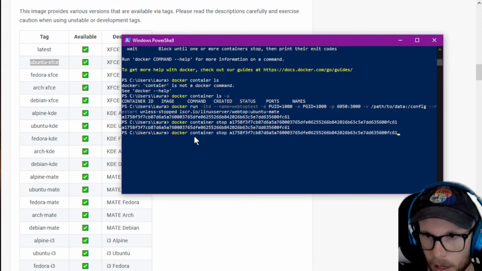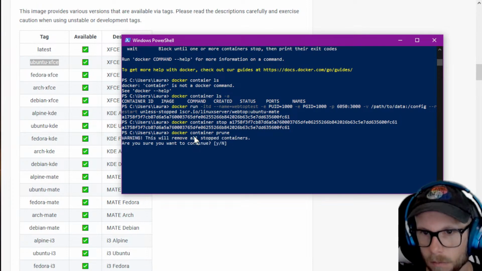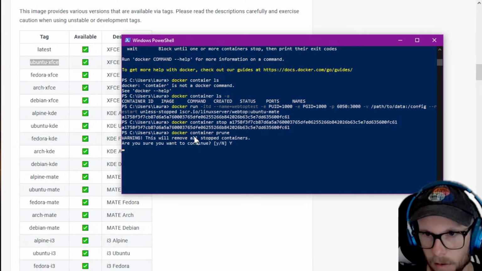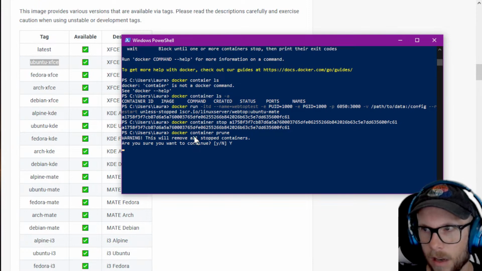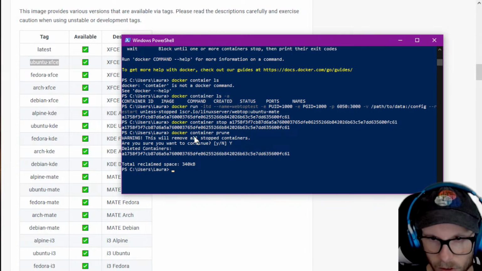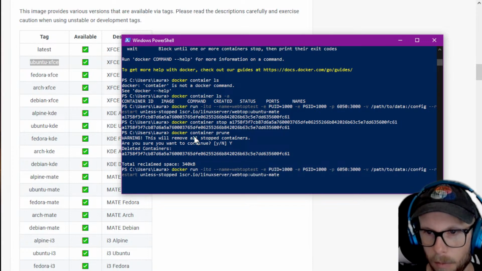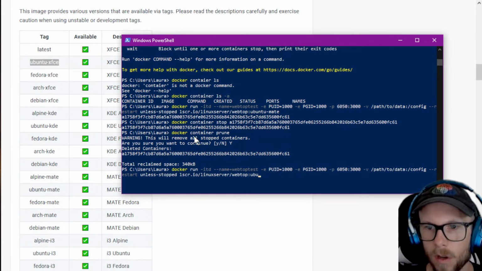So let's go ahead and do a docker container prune command real quick. And yes, let's get rid of any containers that we're not using. That's all dandy. There we go. Okay, so now we shouldn't have any containers, so we should be free to use this command again. But instead of Ubuntu Mate, we're going to try